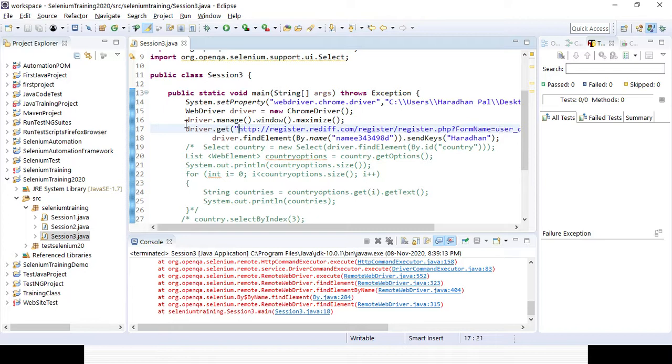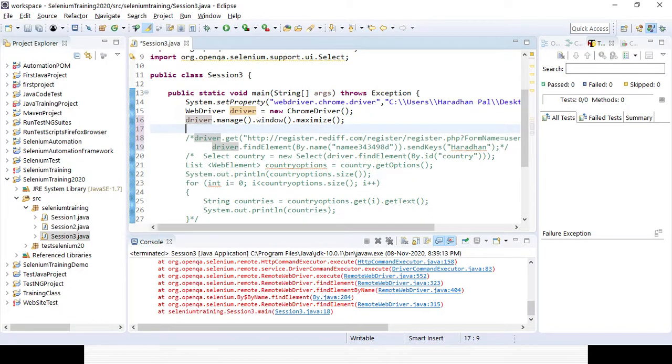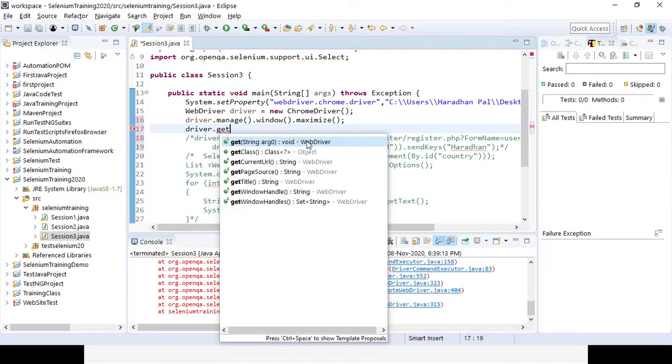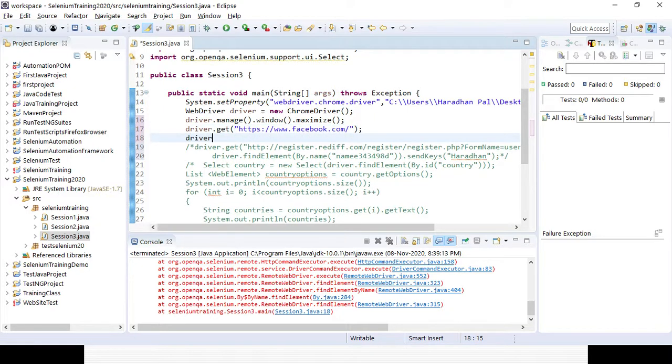I am commenting out these two lines of code first, using source, add block comment, on driver dot get. Then I want to create the XPath.